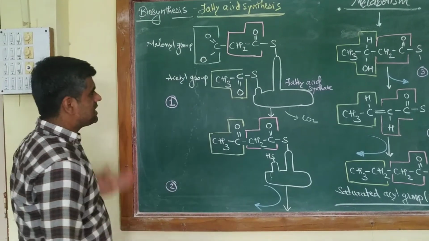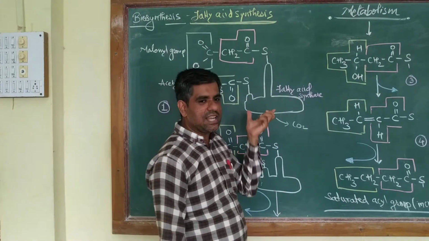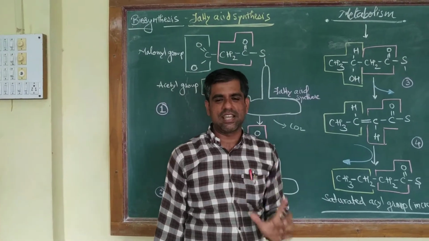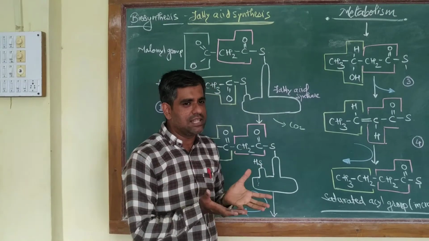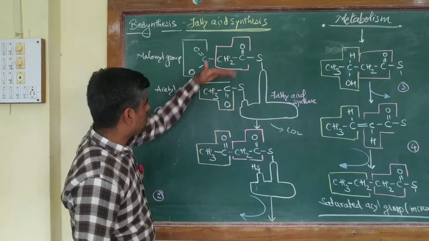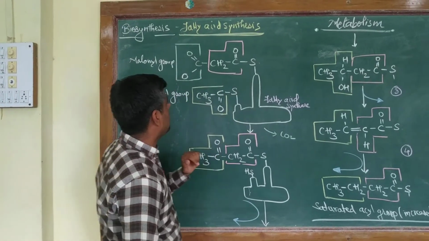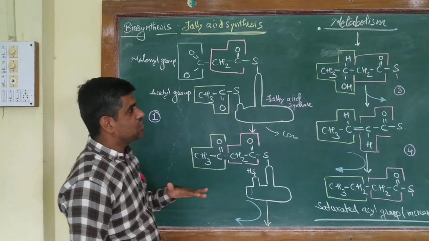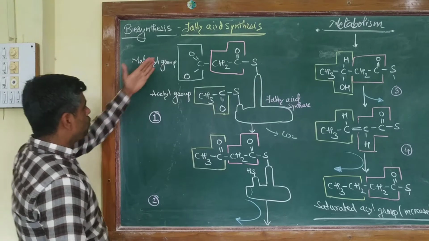So the very first step, we need the charging of the enzyme, that is the fatty acid synthase, right? We know that this is a fatty acid synthase complex, which is a complex of multiple enzymes involved in the synthesis of fatty acid. So it is being charged at 2 places, one the SH of the ACP and the other the SH of the KS, that is your ketoacyl ACP synthase, right? So these two are activated.